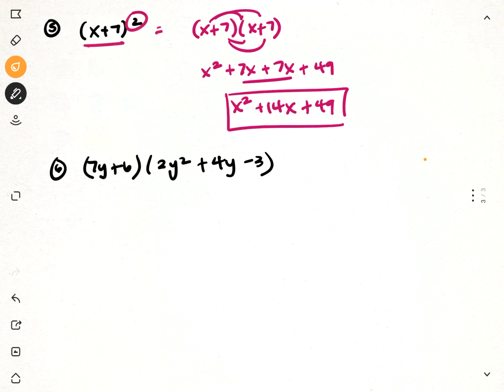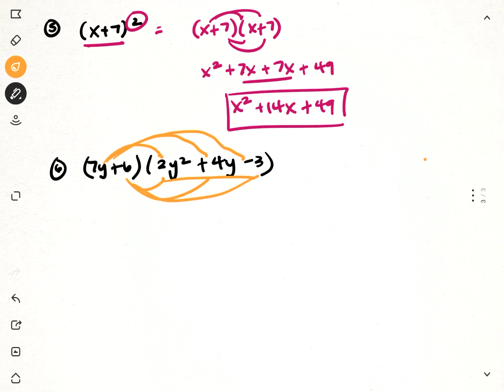Okay, last one. Let's do this in orange. So this one's a little bit more complicated, right? Because we have 2 terms in the first one, but then we have 3 terms in the second one. That doesn't change what we're doing. We're taking the first term, multiplying by everything in the right side, taking the second term, doing the same. So it's going to come out longer for sure because we have more terms and more multiplications, but the concept is